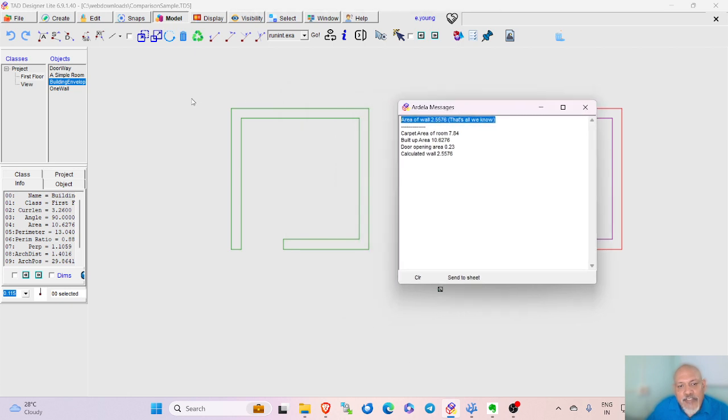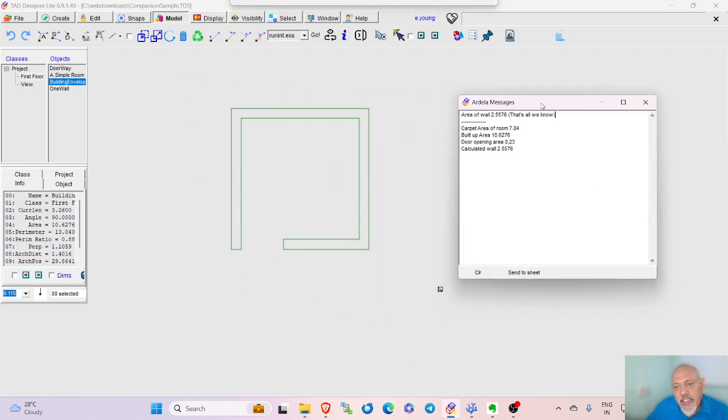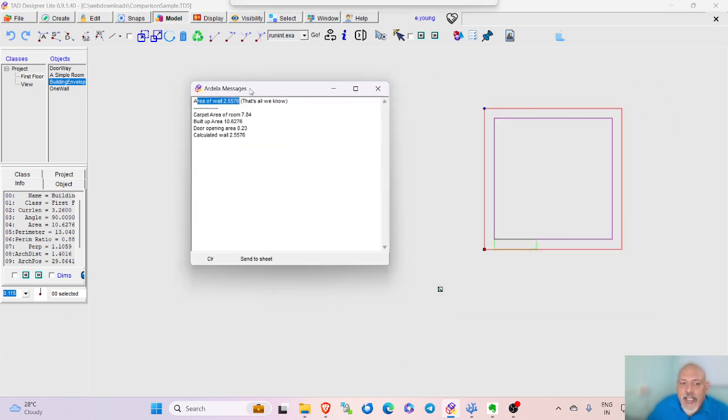So the first line is for the left side. That's the way I scripted it. For the left side, it has only this particular closed polyline. Because of that, it can only calculate the area of that wall, which is 2.5576. That's all we know from that, right? But if you go to the right hand side, because it knows the envelope and the atom and the connector, it ends up with all these capabilities of analysis.